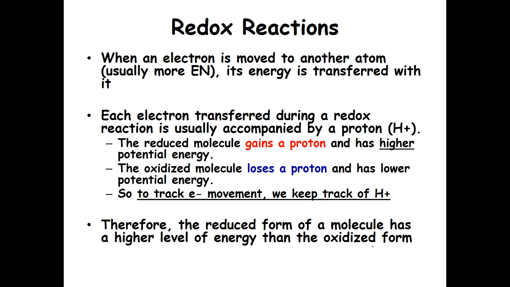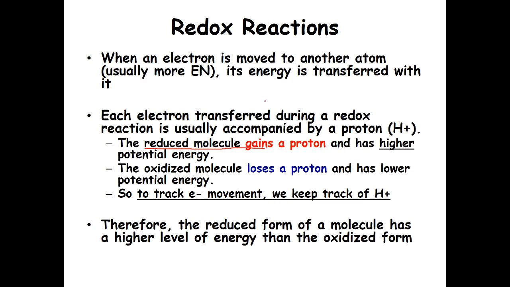Now, since electrons contain energy, the picture you should have in your head is the electron flying around the proton, right? So when a molecule gains an electron, besides the electron it also gains the energy associated with that electron. It's kind of like if you marry somebody rich, you're marrying that person with the money that comes along with it. So a reduced molecule gains electrons and also gains the energy that goes with them.